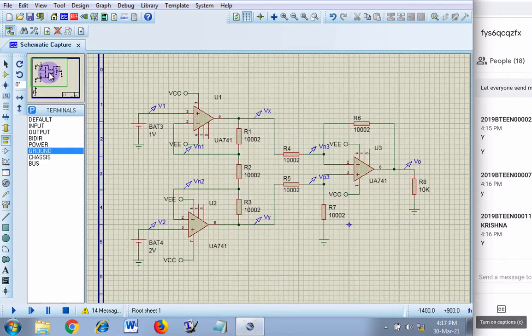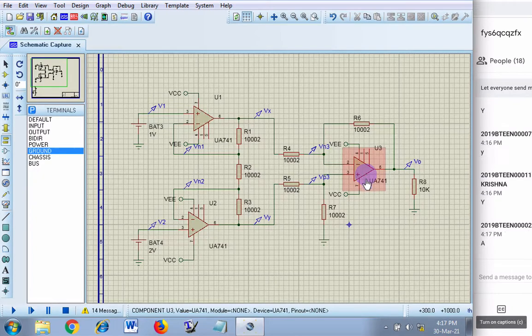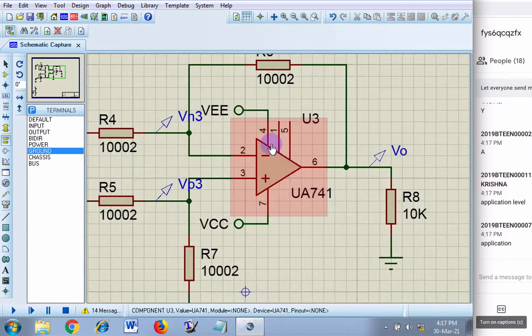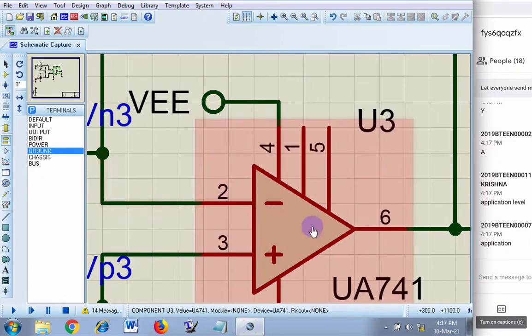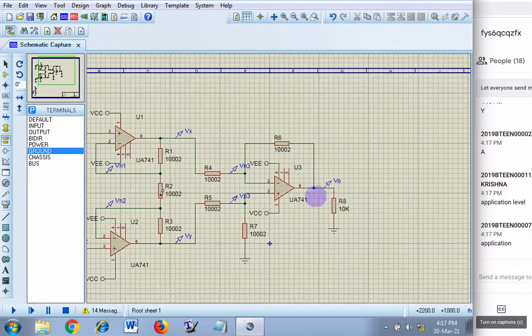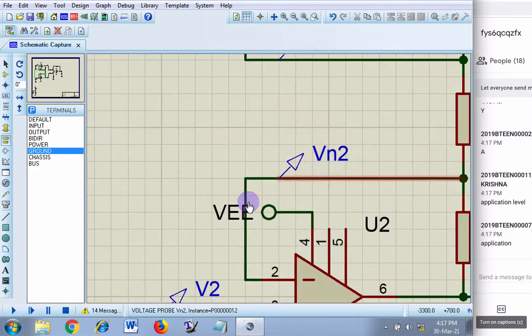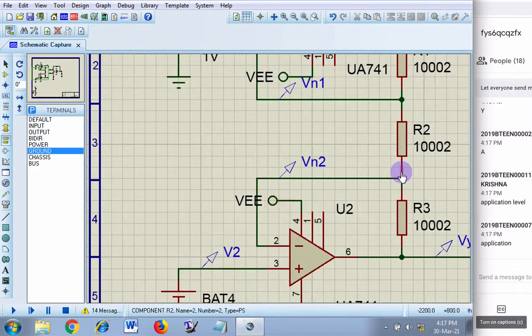What do you want? Application level. For example, I may ask the question, pin number 2 of 741 is the inverting terminal, yes or no? So this is a remember level question, right? But if I ask you, what will happen if this R2 is open?